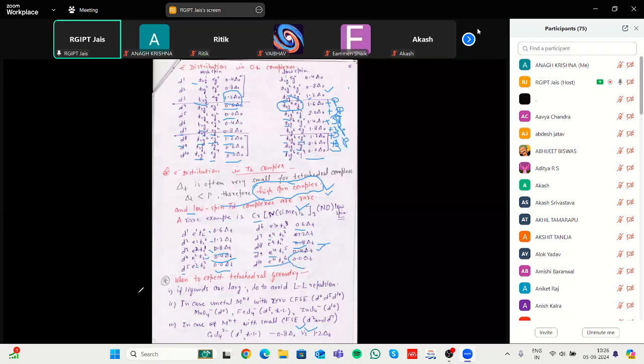Then why do these complexes form, and the CFSE at d10, d5 and d0 is 0? Because in this case and also in d5, this case